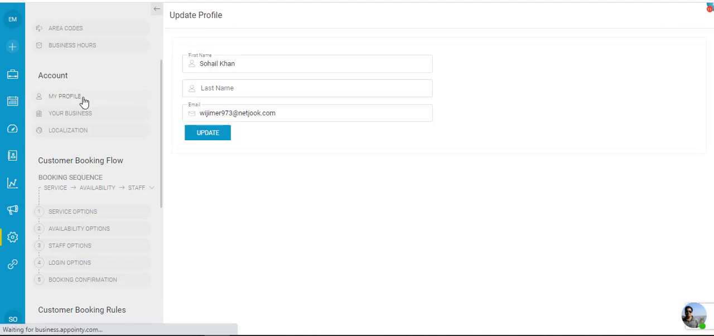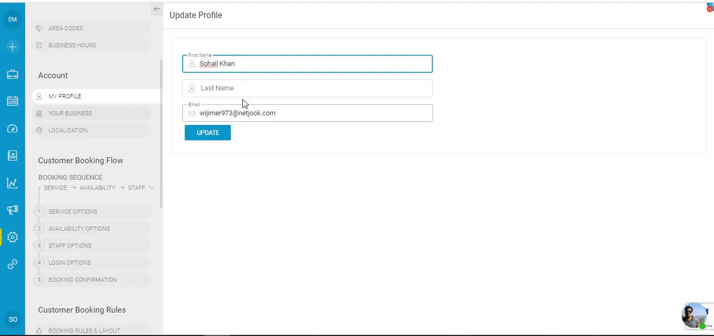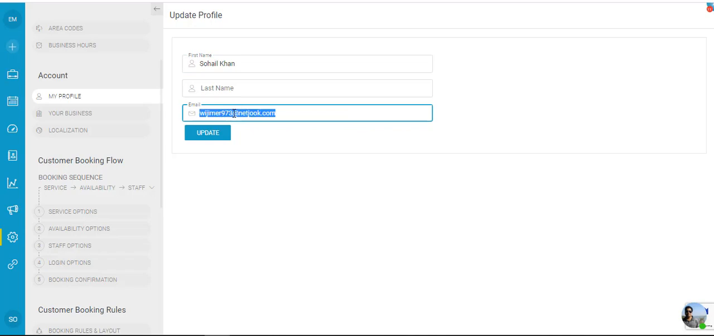Now in the Accounts tab you would have the account administrator's details. So when you click on My Profile you would see the account administrator's first name, last name and email address. If you would like to change the email address or the name of the account administrator, this is where you would do that. Now if you change the email address, it will send